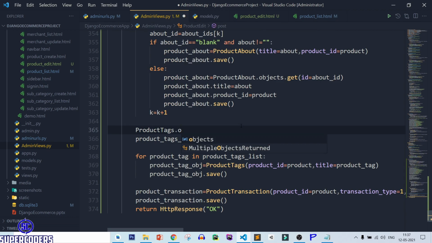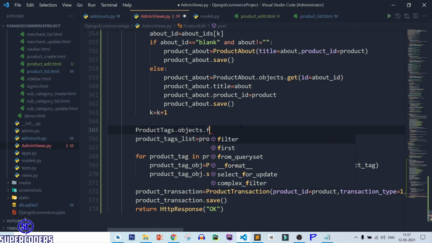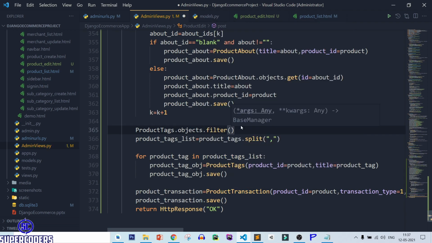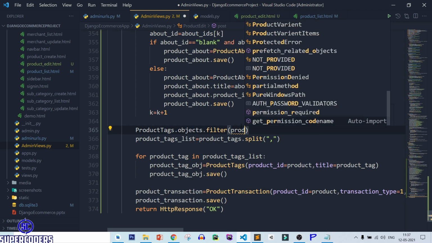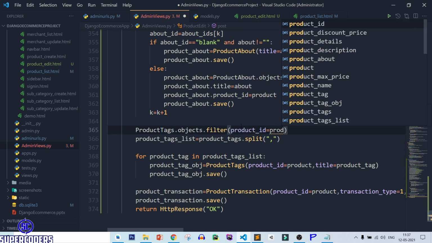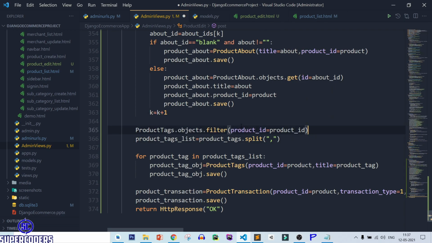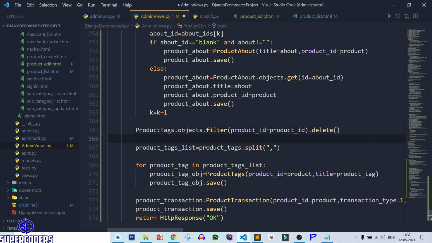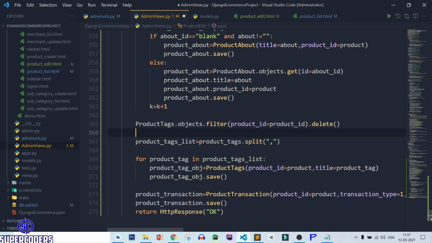So product tags dot objects dot filter product underscore id equal to product id dot delete. So I will delete all the old tags, and here again I create all the new tags.